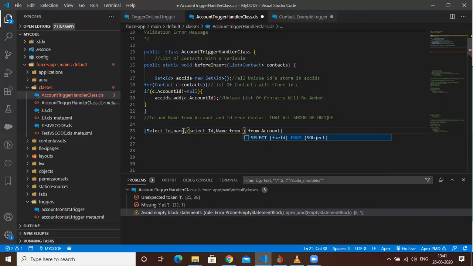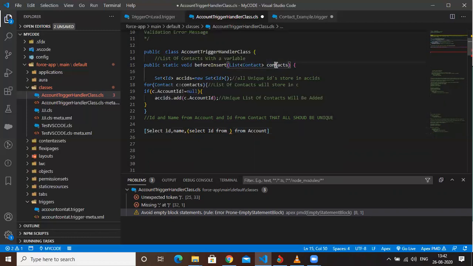Okay. So what I'm saying is that I need to select ID and name from account. Similar way, ID. Now, most people will think that here we need to select from the contact, but basically all the list we store in this one, correct? Okay, sir. If this will be the list, then what's the use of this one?